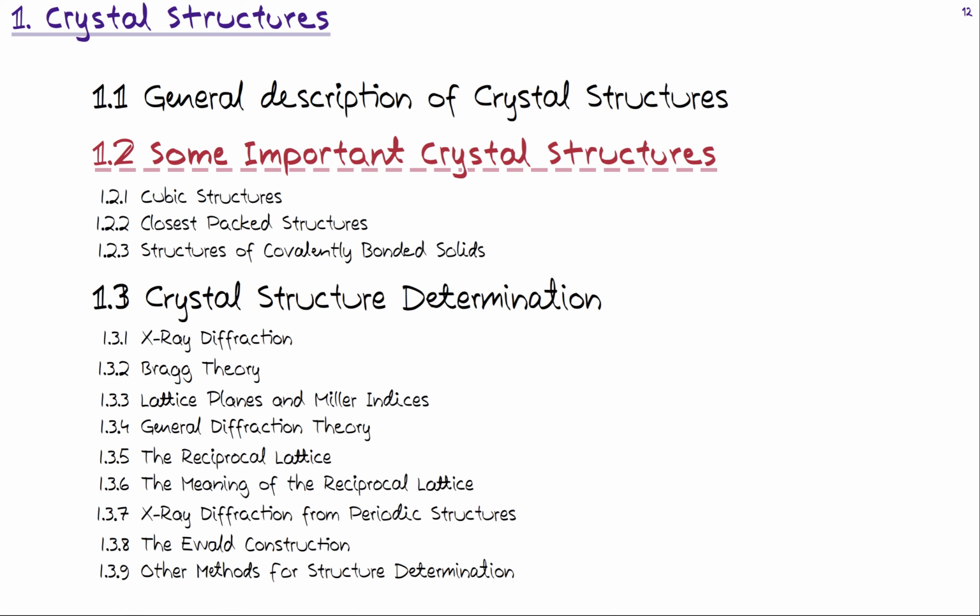And then finally, in chapter 1.2.3, we will mention that the covalently bonded solids, most of them, will be forming in a diamond cubic structure, and we will introduce that. Especially when we are looking at the periodic table, for the group 14 elements, the diamond structure is a very important structure to know, how it looks, and what its implications are to the properties of the materials. So these are the things that we will be covering in this lecture, and I will now start the